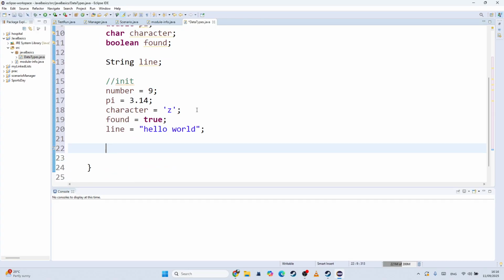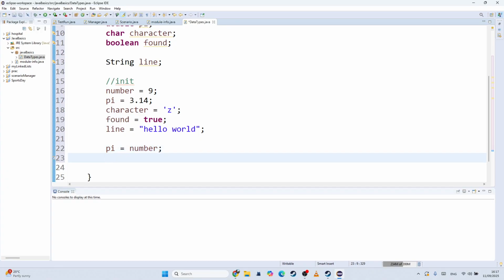So you might be wondering, well, okay, that's great, but can I change from one to the other? Yes, you can. If I wanted, for example, pi to become equal to the number, I could try that, and that works. But what would happen is 9 would be fine, so 9 would become 9.0. If I was to do number becomes equal to pi instead,